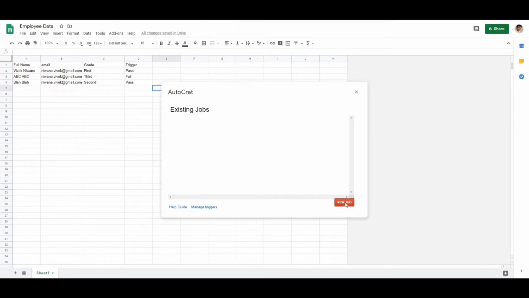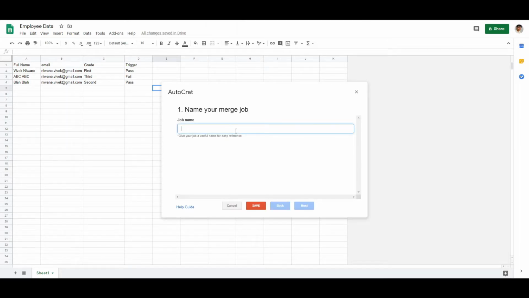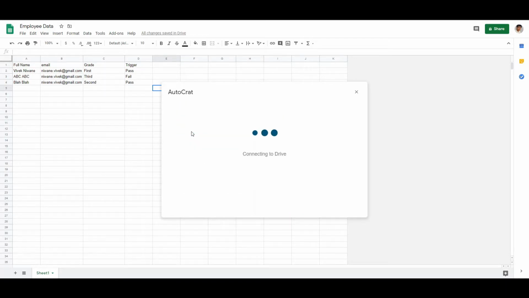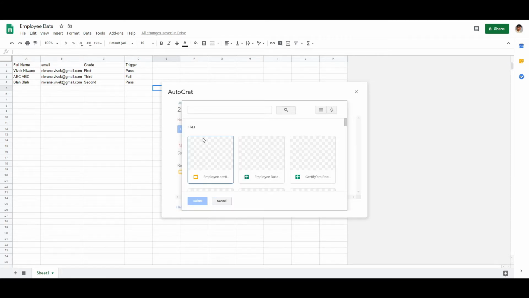Let us click on New Job. Give a job name. Click on Next. Select the certificate template from Google Drive.